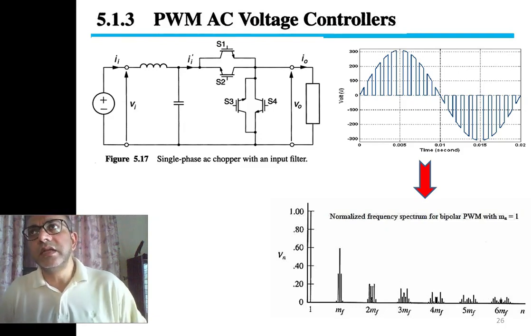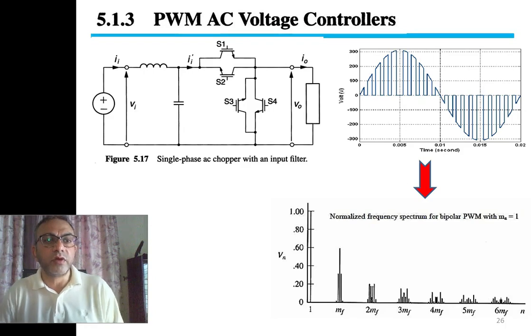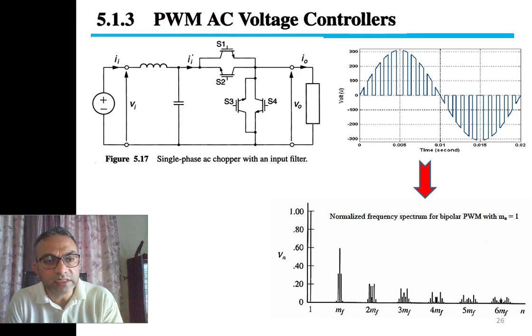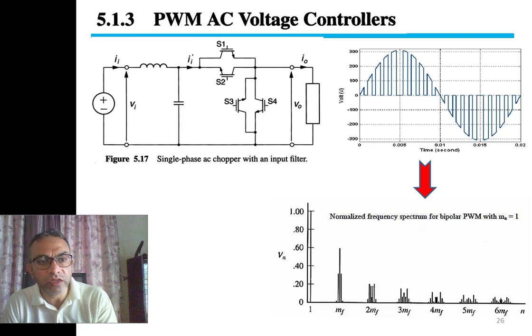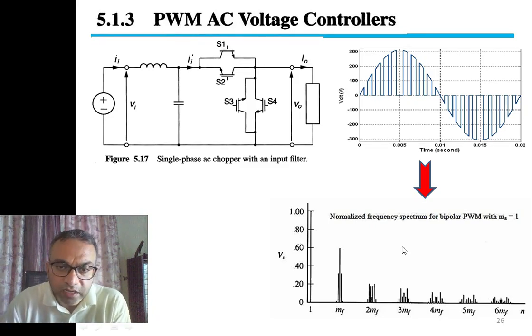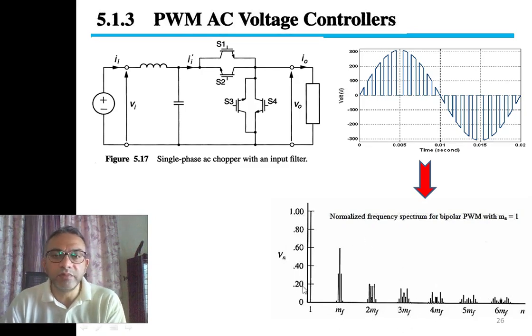It can be selected harmonic elimination scheme. Yes, selected harmonics elimination scheme. These are the same schemes that we use while converting DC voltage to AC voltage. We take care of the switching angles while converting DC to AC so that the AC does not have low order harmonics. Those techniques or the concepts can be applied for PWM AC converter to eliminate these low order harmonics. And this, I think, can be a good research article for my students.